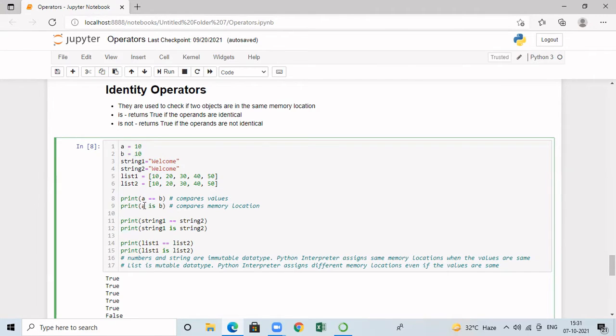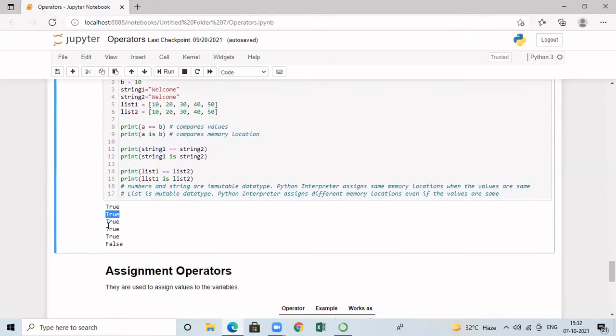And when I write a is b, it is going to compare the memory location and not the value of the data. Here also a is 10, b is also 10. We have already seen that in case of integers, when both values are the same, it will not create separate memory locations for two variables a and b. Both variables will be referring to the same memory location because the values are the same. Because of that, when I check whether a is b, since they are referring to the same memory location, it is going to return true. So the second print is also printing true.